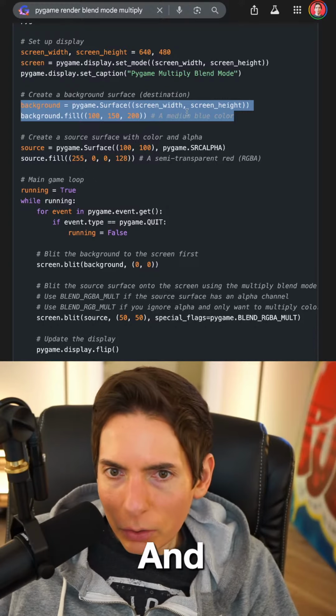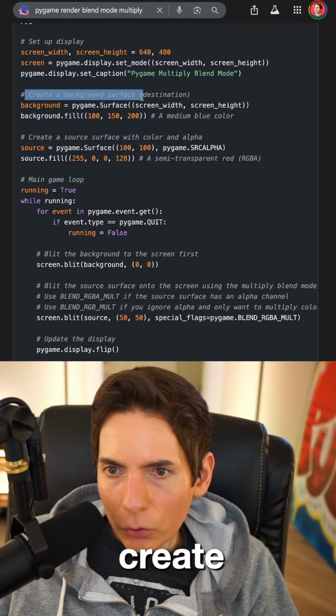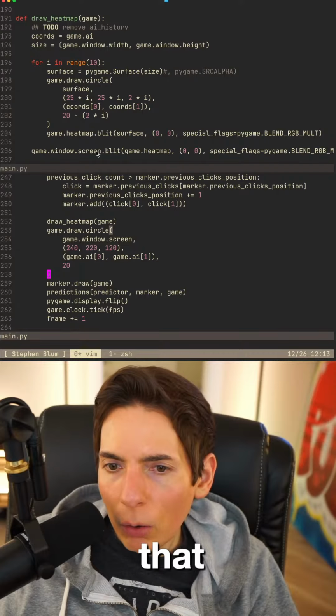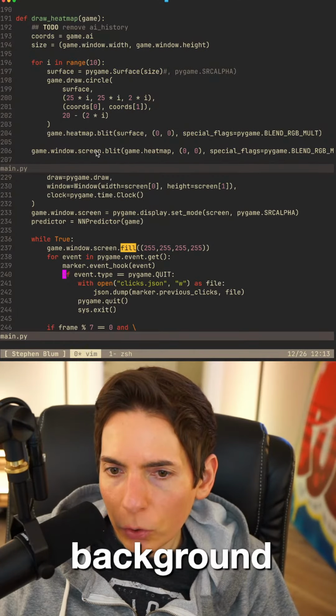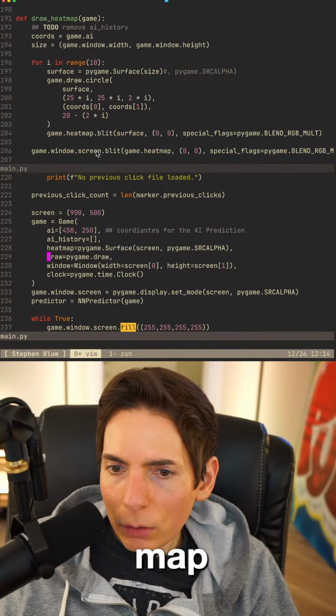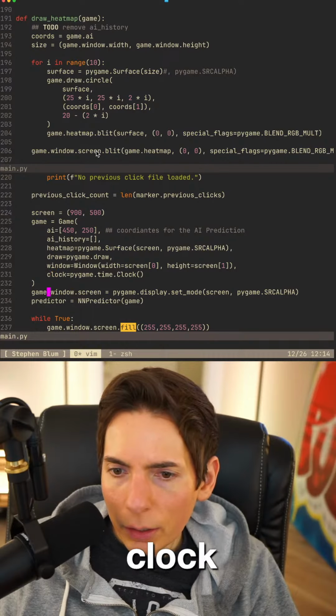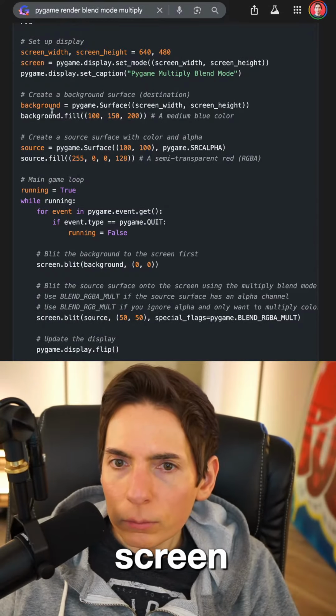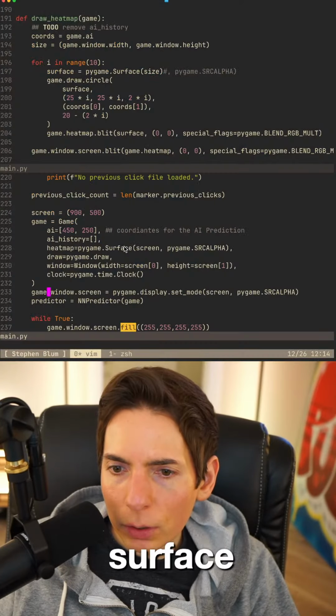Let's see. All right, so create a background surface. Did we already do that? Is that why it's not working? It's because we don't have a background surface already? So we've got a game. We've got a heat map. Draw, window, clock, screen, Pygame surface.